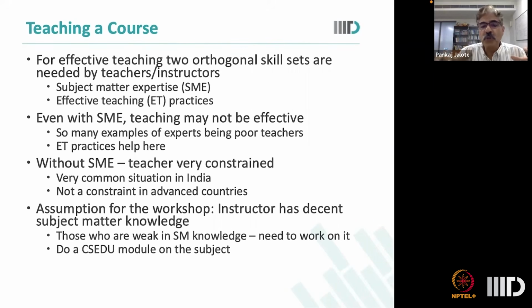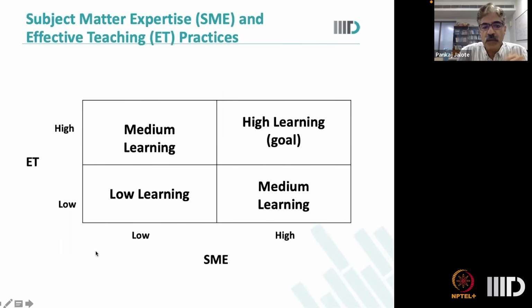For this workshop, we are assuming that the instructor has decent subject matter knowledge. We are not covering subject matter. We are not talking about some computer science course or physics or math. So if you're weak in subject matter knowledge, then you need to work on it through other means. So this is what, to my mind, means that you need to have subject matter expertise